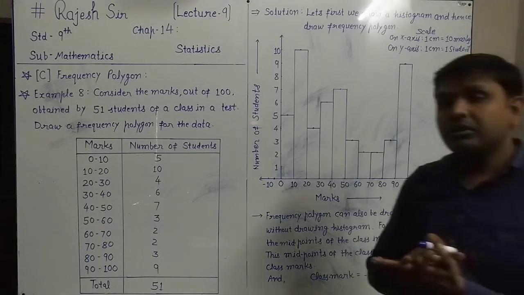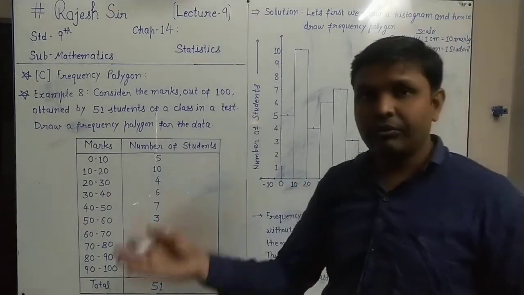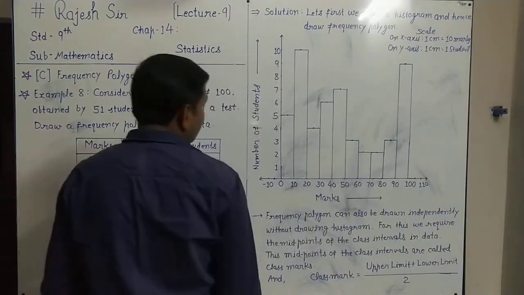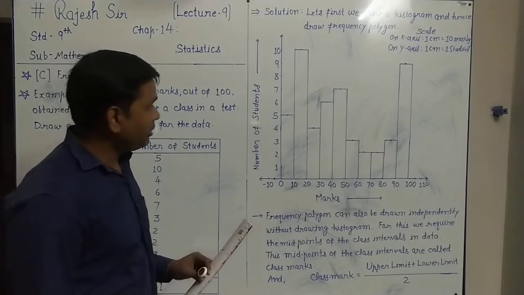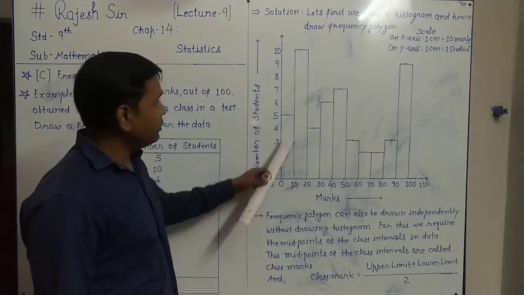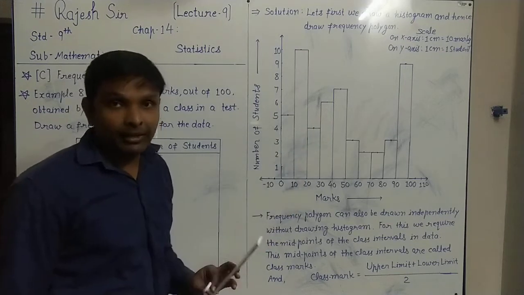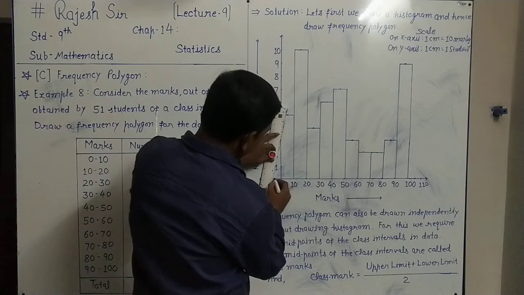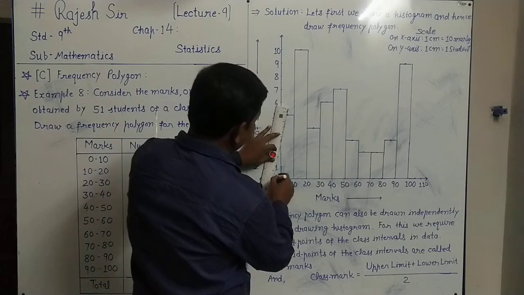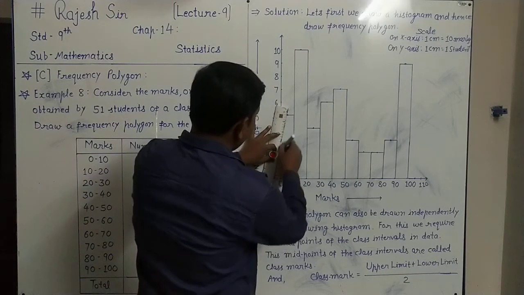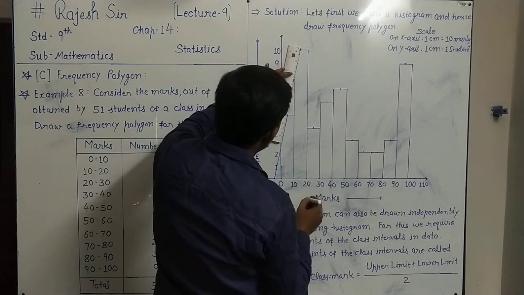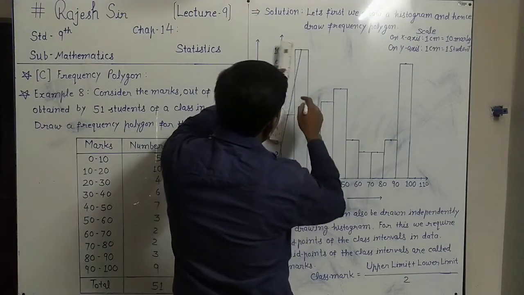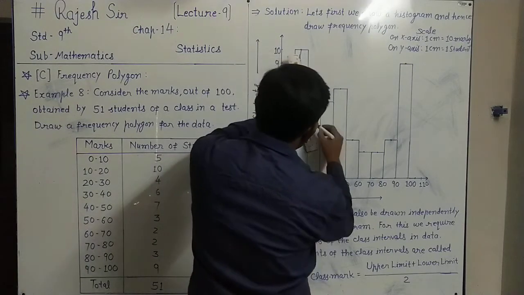So we have to start one before and end one after on the x-axis to complete the frequency polygon. To complete it, we just join the consecutive points, starting from minus 5 to the next, and the next, with the scale. Minus 5 to 5: you can draw a continuous line this way, or a broken line also. I am drawing the continuous line. After this, 15 and 25 you have to join.